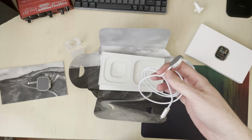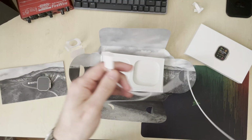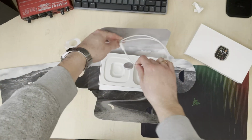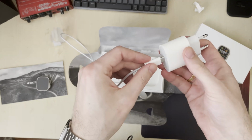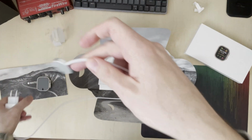Awesome. Okay, I think I'm going to need to find a place. Yeah, I think I'm going to quickly take my power brick from my phone,